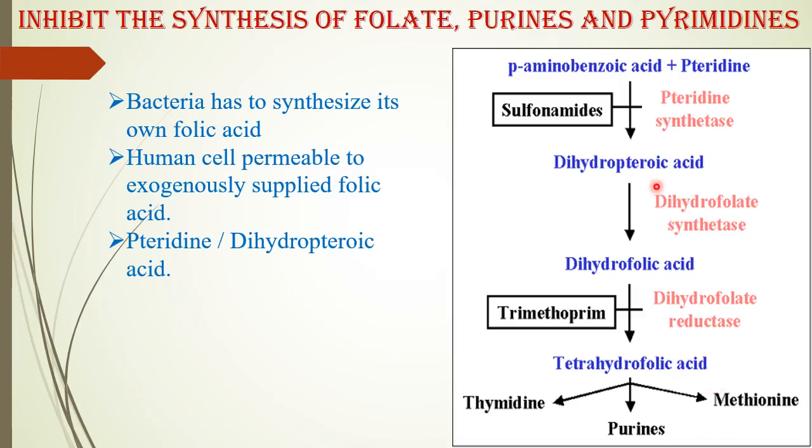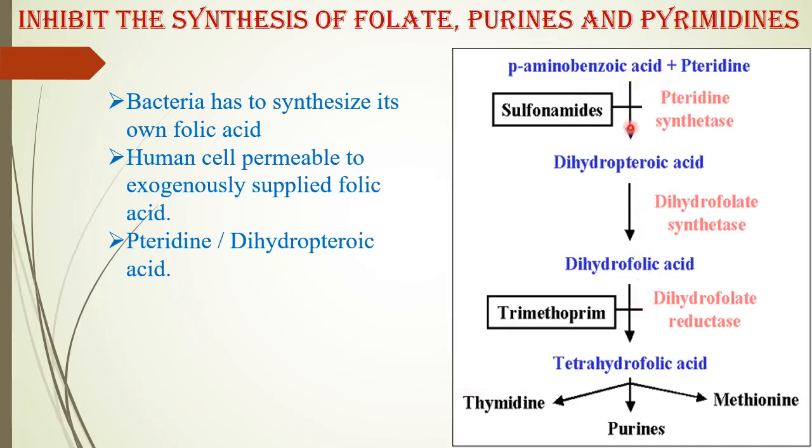Okay? From this step to this step, the bacteria must have. But we humans do not need these three steps. Directly folic acid will be taken and it will directly enter the cell. It will convert to tetrahydrofolic acid, because tetrahydrofolic acid is an active form of folic acid. Human will take the folic acid from the food and it will directly enter the cell and convert to tetrahydro. But bacteria cannot. Bacteria has to synthesize its own folic acid. That means the three steps are very essential.